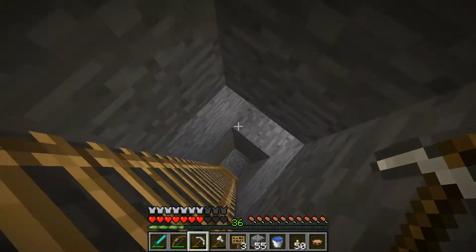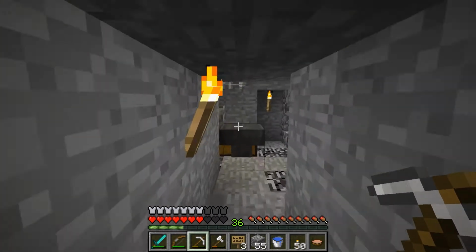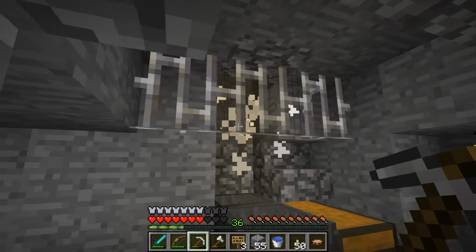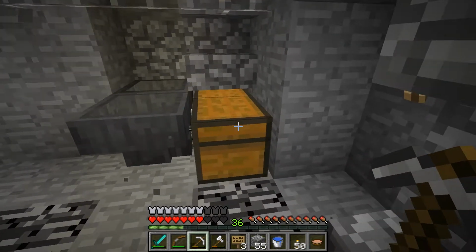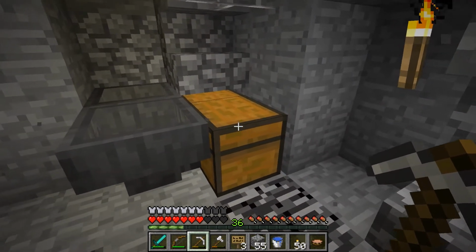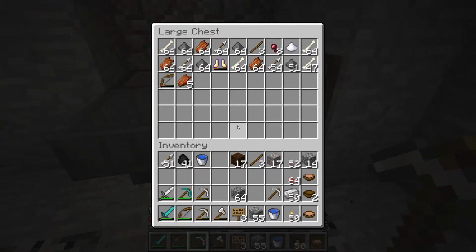So I AFK'd overnight, and I checked it this morning, and there was quite a bit of stuff in there. It looked like at least one, maybe two witches had dropped, and I had over a stack and a half of arrows. I didn't grab anything out of the chest yet, but I also AFK'd while I was at work, so I want to see on camera what we have here. Boom. No glass bottles. That stinks. So we must have had more witches drop though,